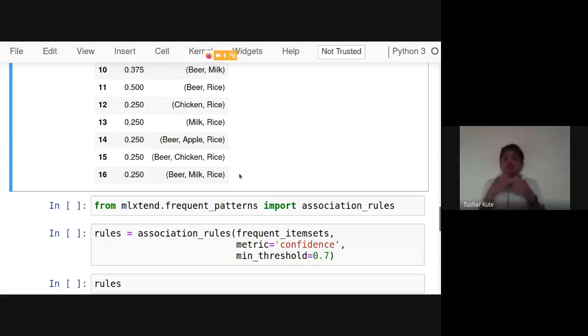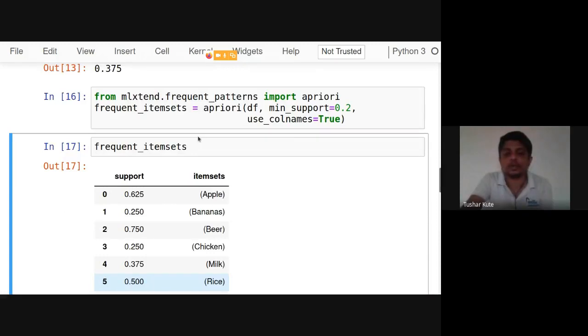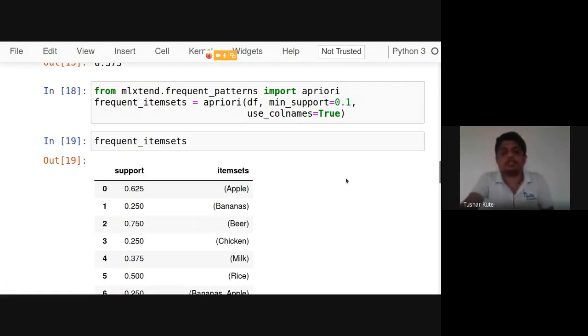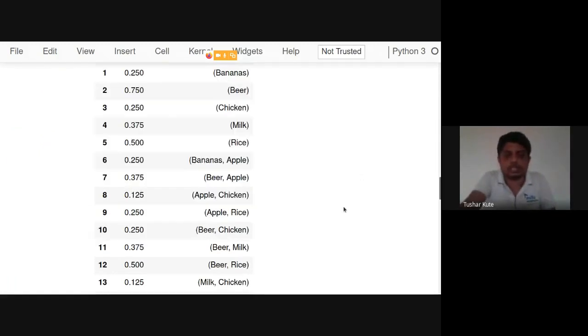So I have changed the criterion of minimum support to 20%. Now things have changed. I got only 16 frequent item sets. Some item sets are removed, meaning those coming together 4 times, whose frequency was 0.125. Their support is removed now. So it depends on what minimum support you require. Based on that, you devise your frequent item sets, like this. Fine, so this is what I have done here, the apriori algorithm. Let's make it 0.1 again, so more entries will be available. 24 are there, yes.